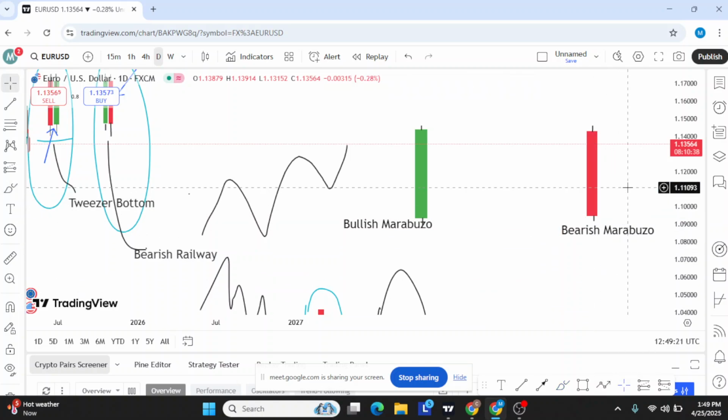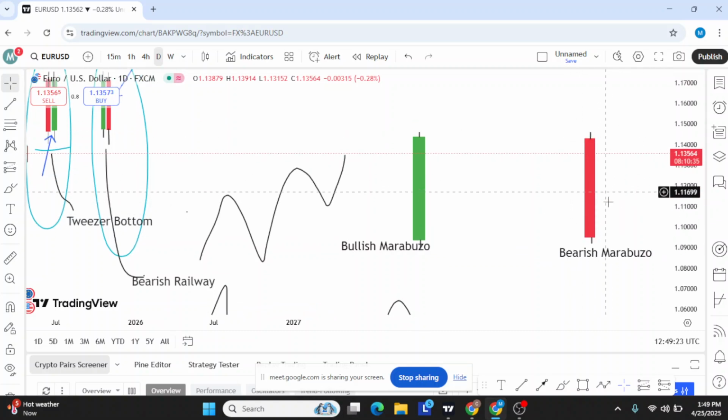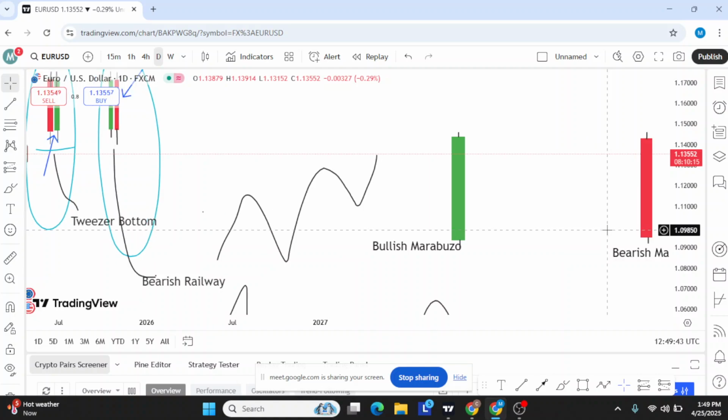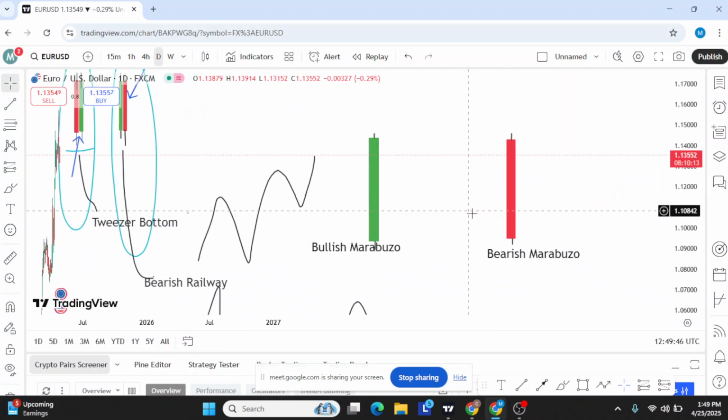You can see, if you look at the psychological formation of how the wicks happen during this section, the sellers try to push the price down to this place, and the buyers still try to push the price up to this. But eventually, when this candle closes, it closes below. You can see how long the bearish candle looks. So with this, you can say this is a bearish Marubozu, because you can see the domination of the sellers during this section. So the sellers were able to take control. In this scenario, you can see there is a significant amount of sell pressure